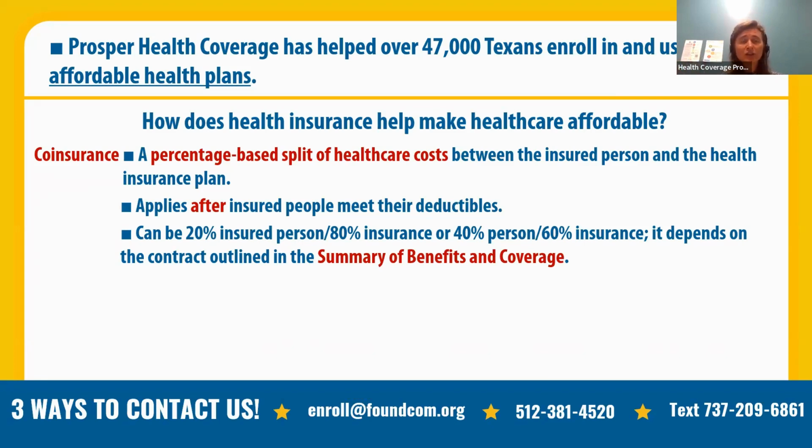So coinsurance is the percentage split between an insured person and their health insurance company, and the percentage split is based on the contract. Some health insurance companies will offer people 20% coinsurance, which means the individual pays 20% of the cost of their healthcare and the health insurance company pays 80%. Maybe it's 40% to the covered person, 60% for the health insurance company. Generally, if somebody gets into one of those 40-60 splits, they'll have a lower monthly premium because the health insurance company helps them pay for less in the day-to-day or the month-to-month.